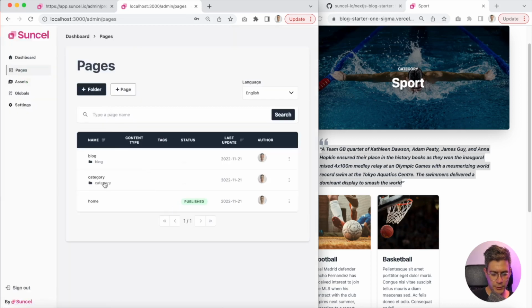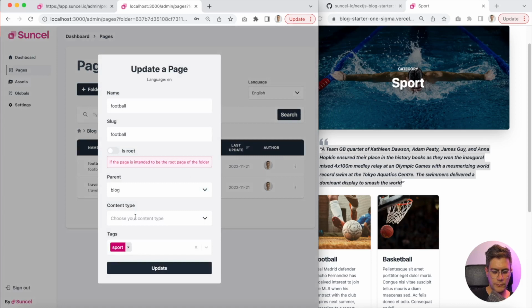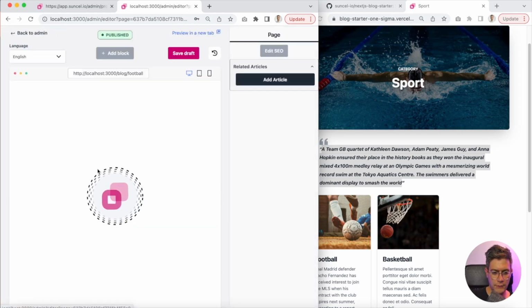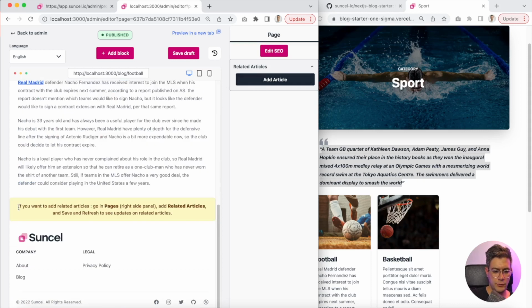I will go back to blog football, and actually I will edit the settings in order for this page to have the related article content type. Okay, so if I do that and I come back to this football page, so now in this page you can see that here you have related articles, and you have this message. If you want to add related articles, just go here in page, related articles, and then I will add an article